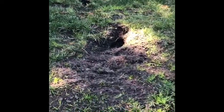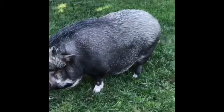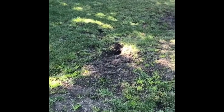So this is one of the holes that she's dug with her snout. Okay. So when you have a pig, you don't have really